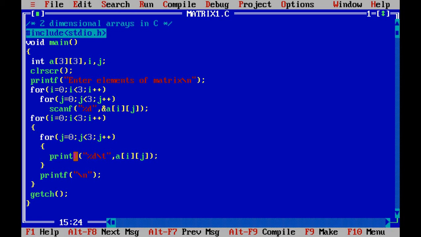After printing the values in one row, the cursor moves on to the next line by using a printf statement, so that the next row values will be printed on the next line. And then here we have the getch statement.